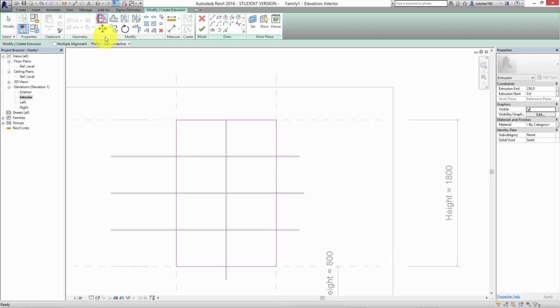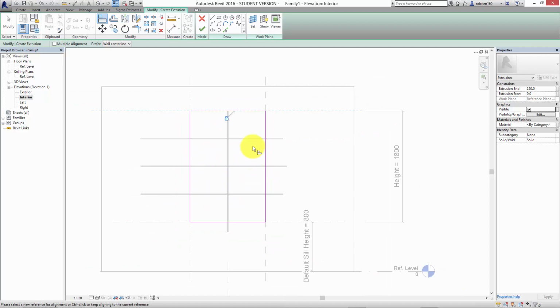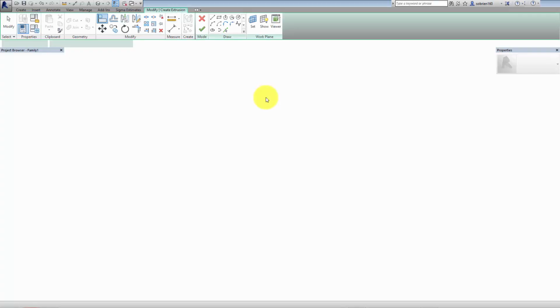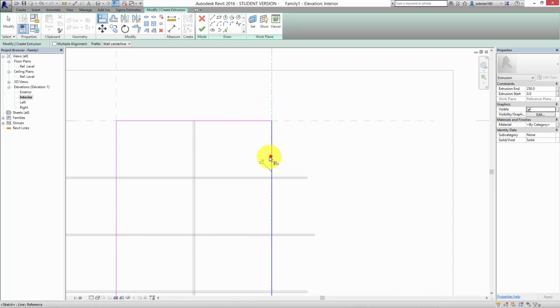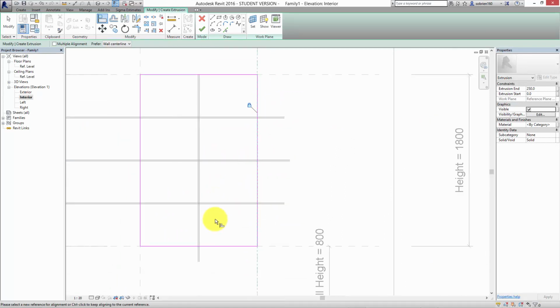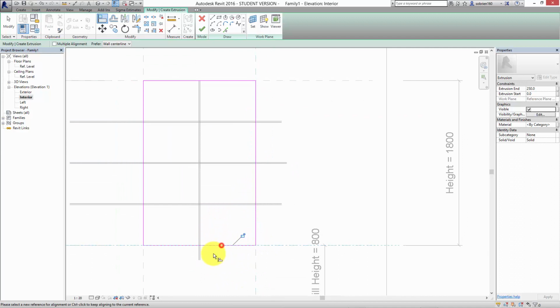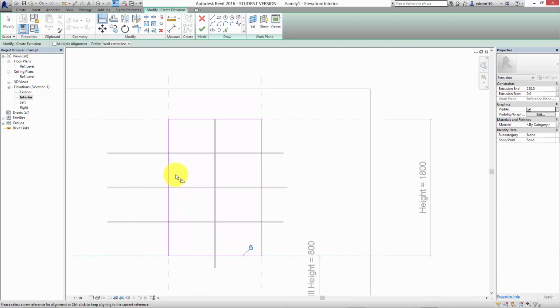So what I'm going to do is select this. I'm going to select a line, and I'm going to align it to the reference line here, like that, and lock it in place. And I'm just going to go around doing that with all the lines like this. And that also automatically divides the space of the